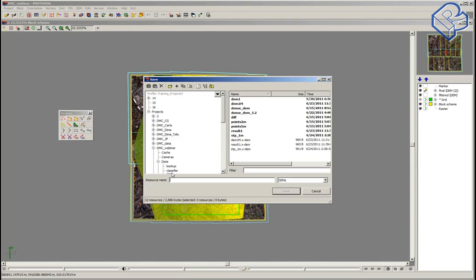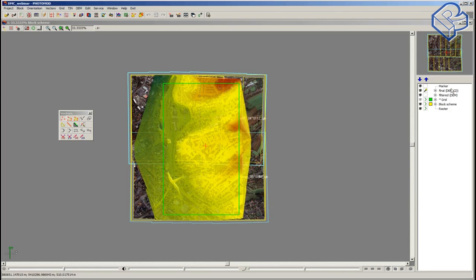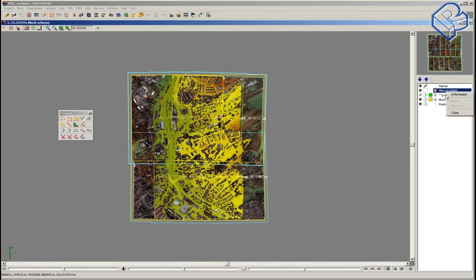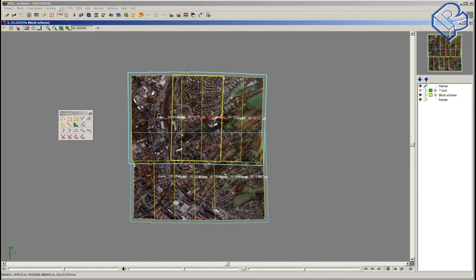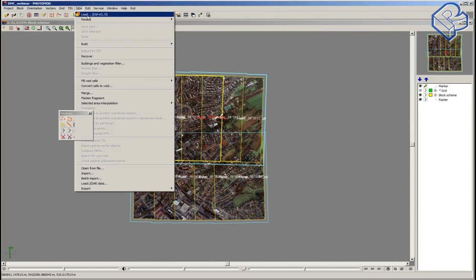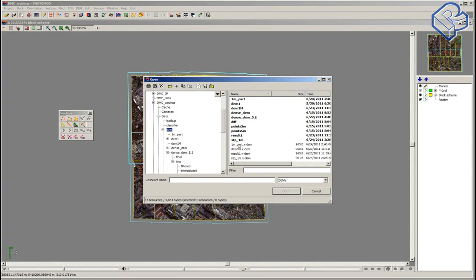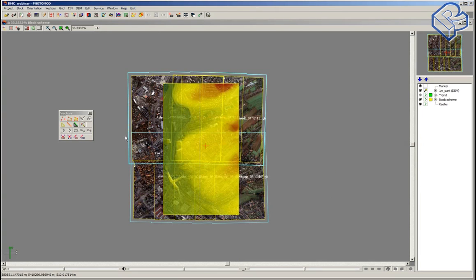Yes, it's 1 meter. But save, close, and load the final DEM again. Open. Okay, now we can check the result of